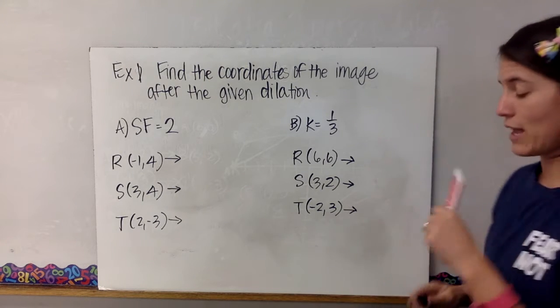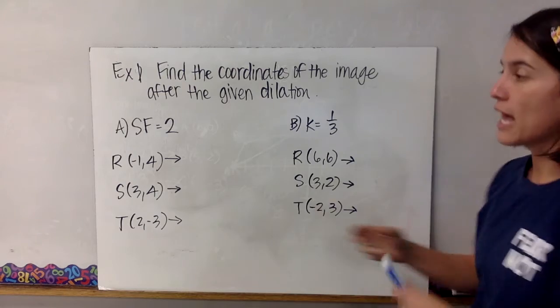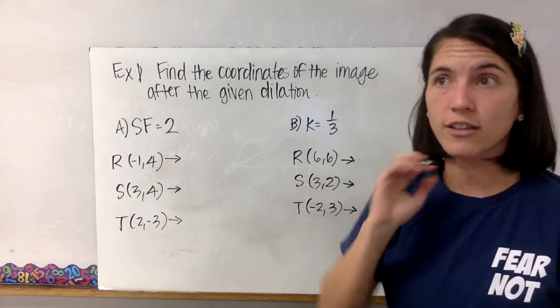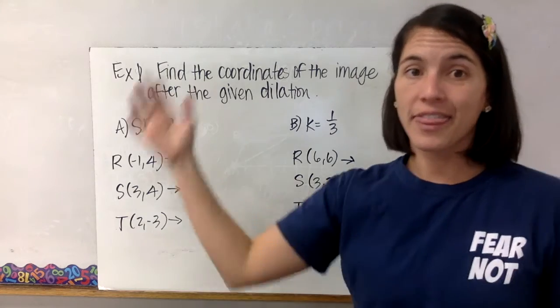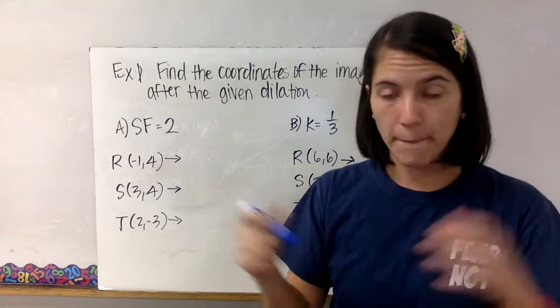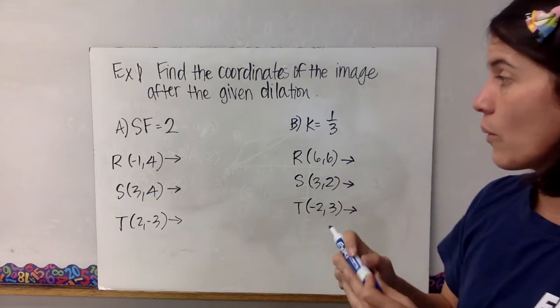So I'm going to go through A and B with you. Notice on A, my scale factor is 2. You should know in your brain, okay, if my scale factor is 2, it's bigger than 1. This should be an enlargement. This should be a stretch. My points all should get bigger. And so when we do this,